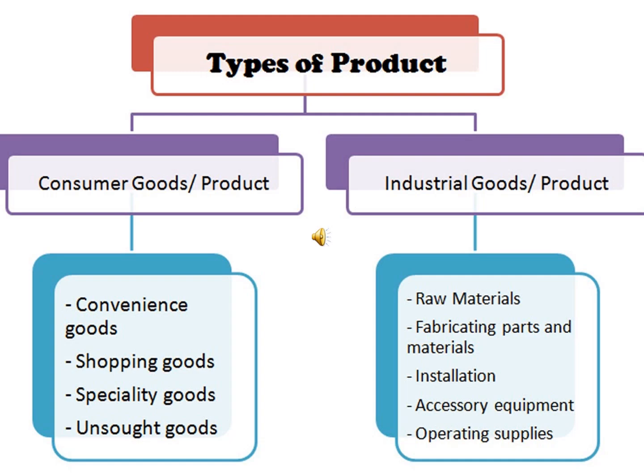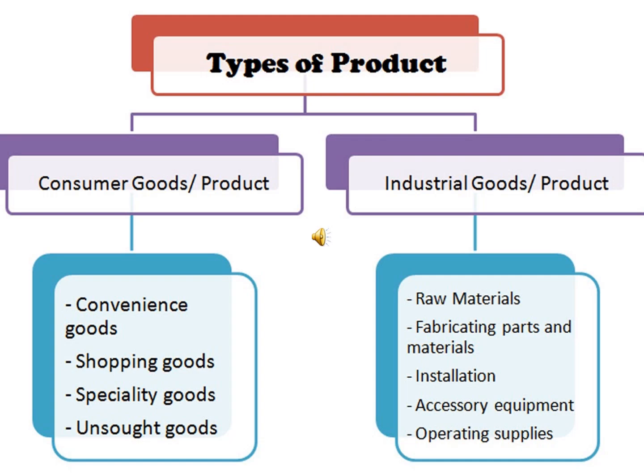Now let's move on to fabricated materials and parts. These are semi-processed goods, but they may require further processing before being part of final products, such as buttons, zippers, batteries, nuts, and bolts. So such products, which cannot be used individually but have to be attached or connected to another product or final product to be of use, are known as fabricating parts and materials. They are semi-processed but need further processing or to be added to some other products to be of any use.